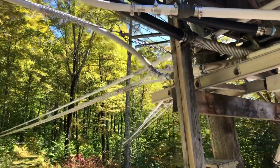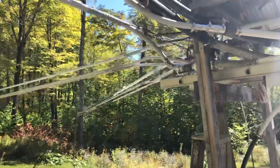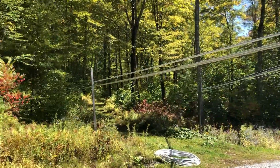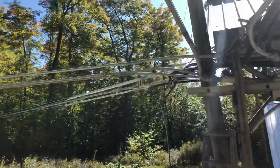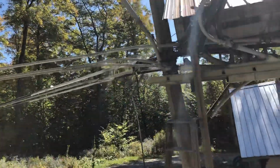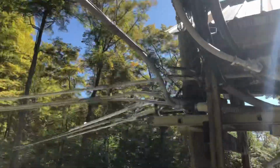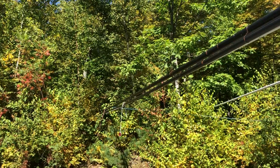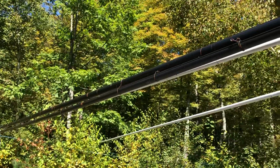It's really a numbers game. But I'm just telling you quickly from experience what works well. And I like 1 inch. Stainless is cheap, but sometimes if you have a lot of sap, 1 inch isn't going to do it. So these two big lines you see right here,